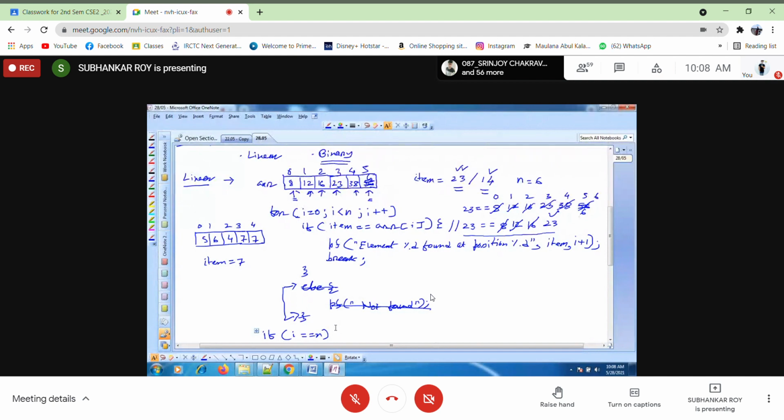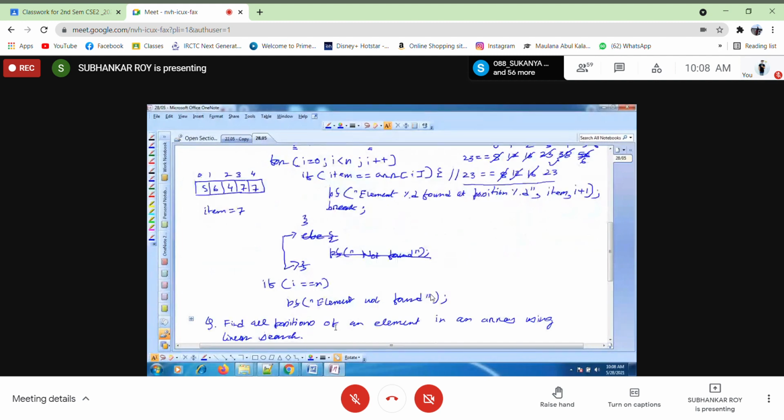Linear search is applicable both for sorted and unsorted elements.